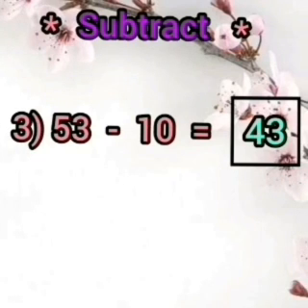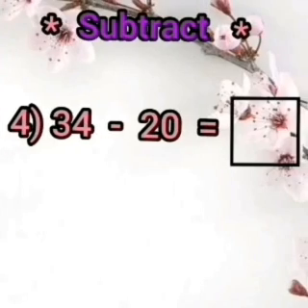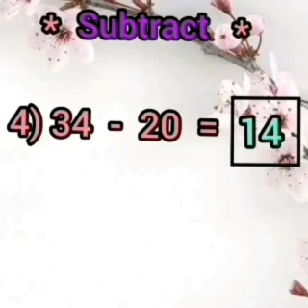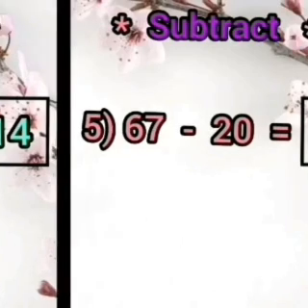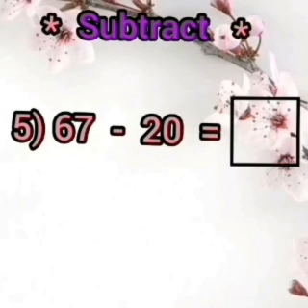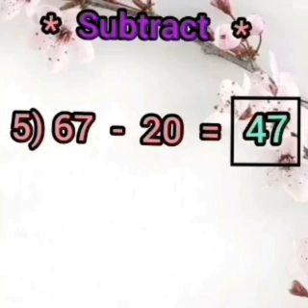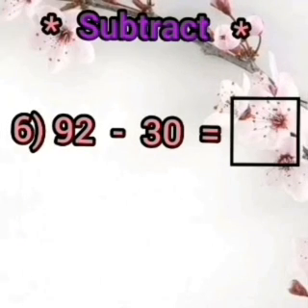Let us see the fourth one. 34 minus 20 is equal to 14. Let us see the fifth one. 67 minus 20 is equal to 47. Let us see the sixth one. That is 92 minus 30 is equal to